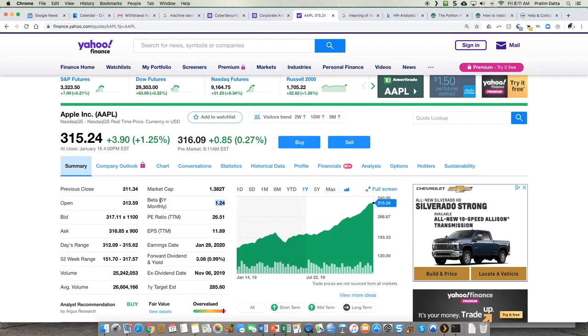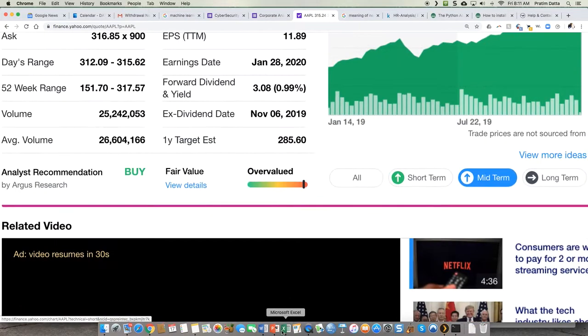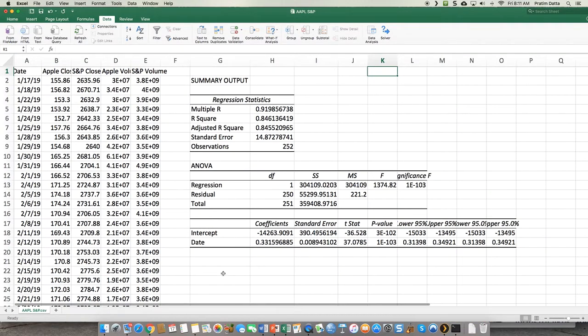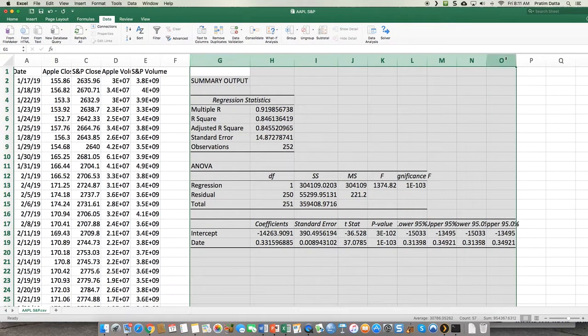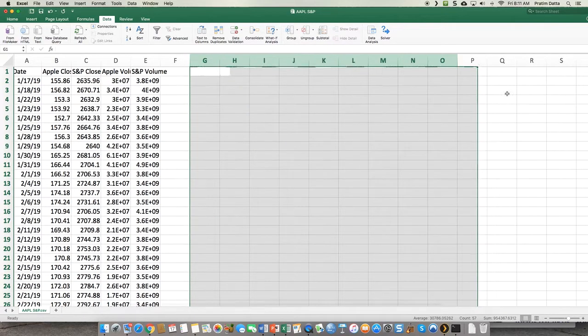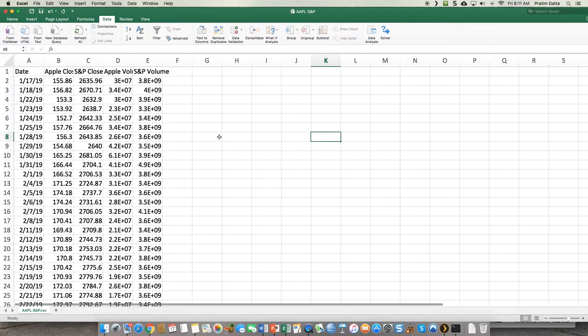Now it's calculated at a 5-year monthly set, and we're going to run it on a yearly but on a daily basis just to take a look at it. So let's get to it, shall we? So what I have done in this case is let me try and clear out this section so that we can start fresh. So what I've done is I've downloaded data for the last year from